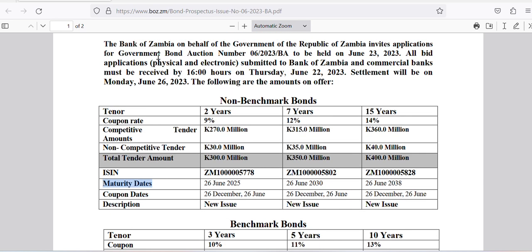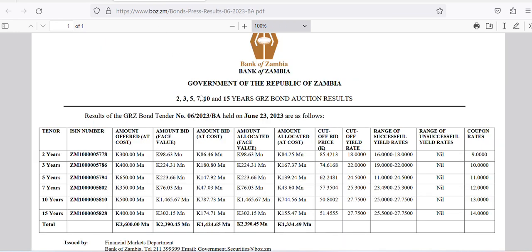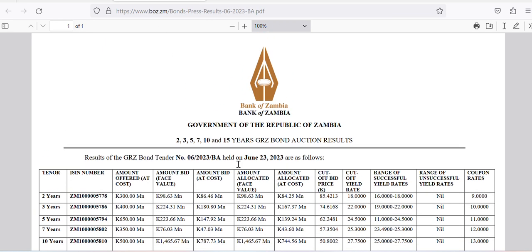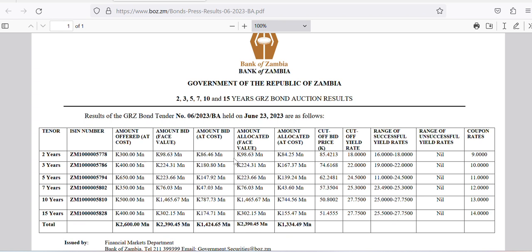So this was an invitation. Let's go to the results for that particular invitation. The results for that particular invitation look like this. Again, there's a whole lot of jargon here, but what I want you to focus on, of course, there's tenor here, there's the 2-year bond, these are the results, the 3-year bond, these are the results, all the way up to 15 years. What I want you to focus on is this field called